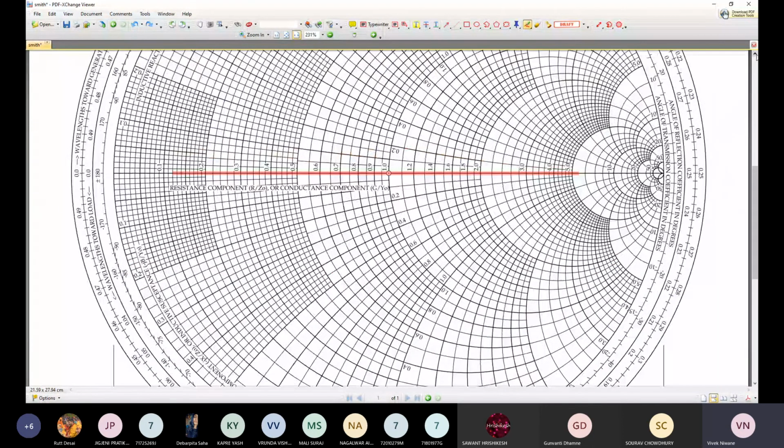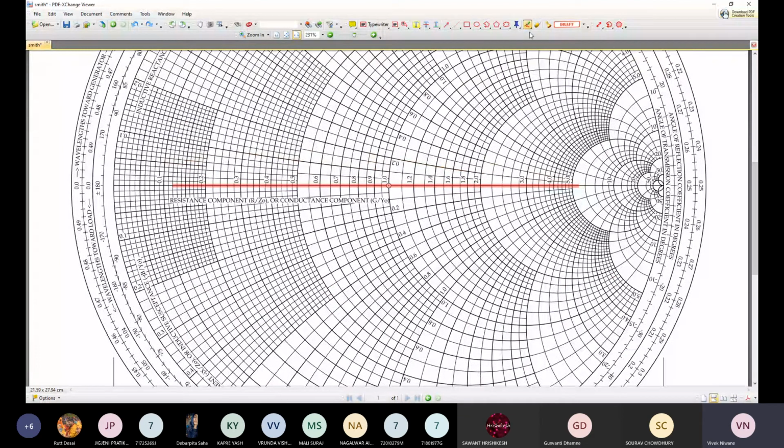So if you have observed, we do have the circles as well. These circles are the real values of the impedances. Impedance में real values भी होती है, and the curve lines you are looking at over here, ये जो curve lines हैं, these indicate the imaginary values.